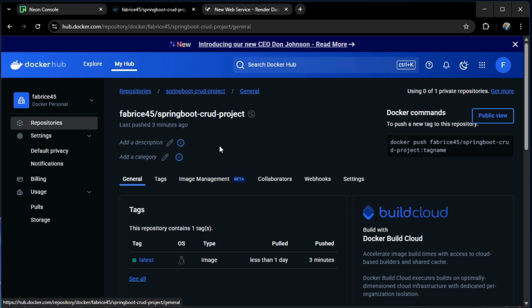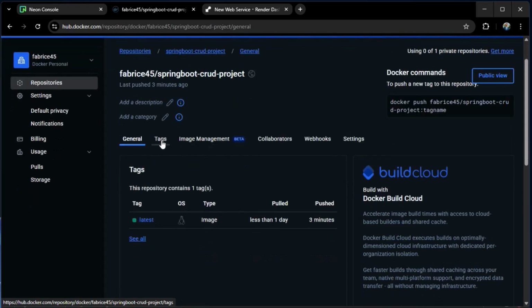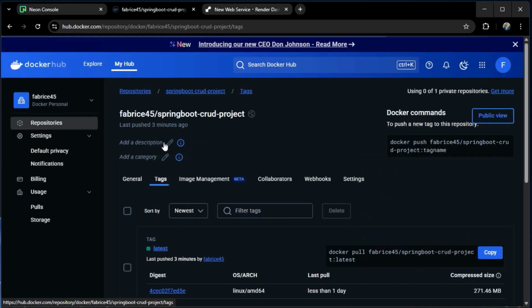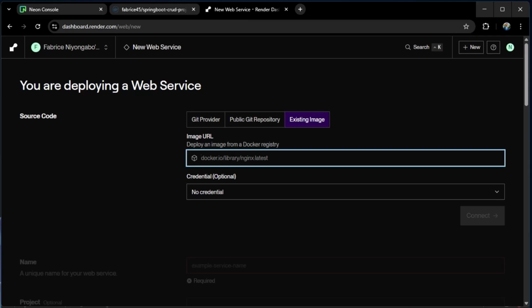And here let's click on the tags tab, and here I will copy this one, and let's go back to the Render dashboard and just paste in what we have copied. And you can see Render has successfully detected our